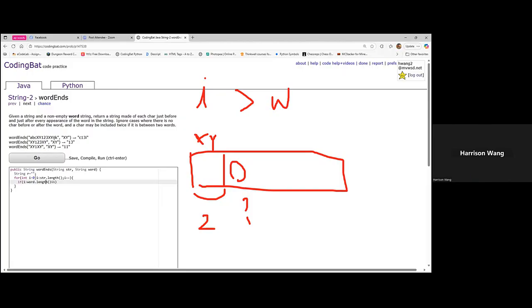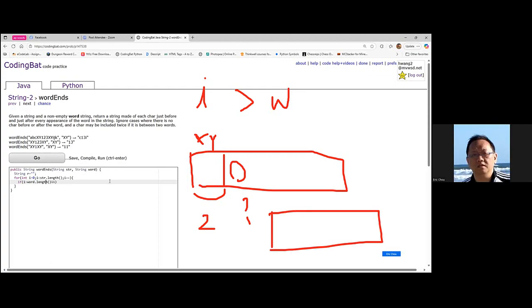Like I'm trying to check if there's an XY before this iteration of the letter. Why do you need to check that? Because it says before and after the XY word. It doesn't work that way. You need to check XY and then you want to get a later, maybe